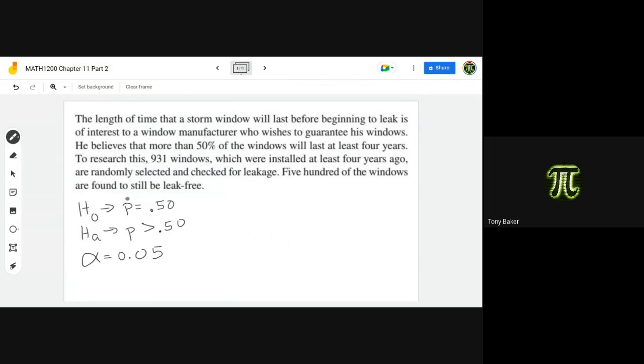The null hypothesis is P equals 0.50. The alternate hypothesis is